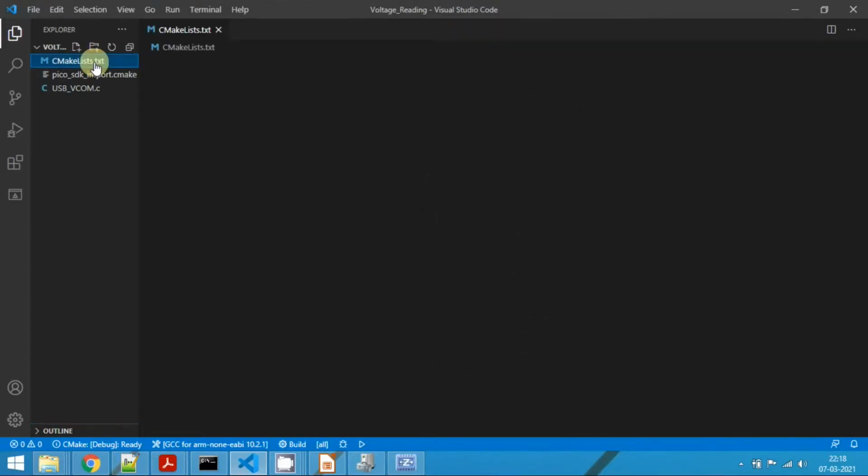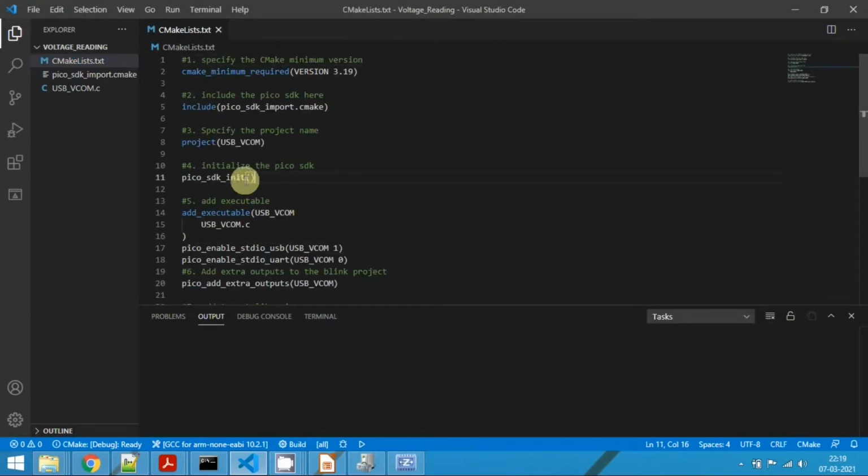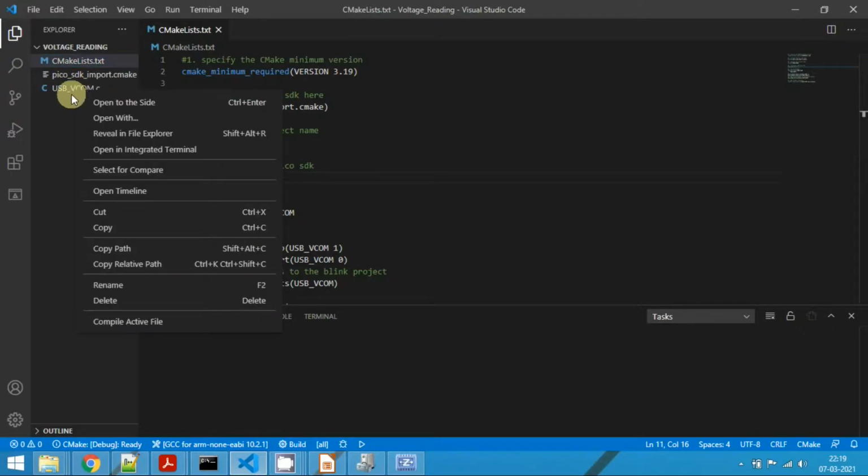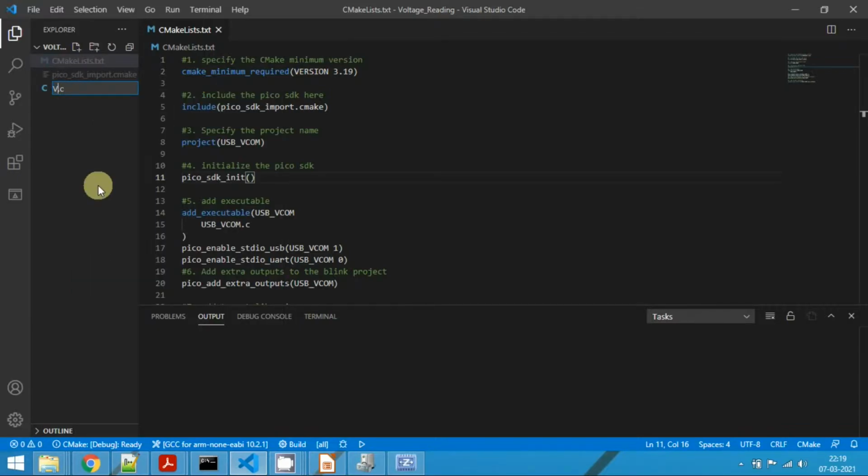Now open the CMakeLists.txt file. Here we need to change the project name. First we will change ESP_virtual_com, so rename it, and this one we will name voltage_reading, and here also the project name is voltage_reading.